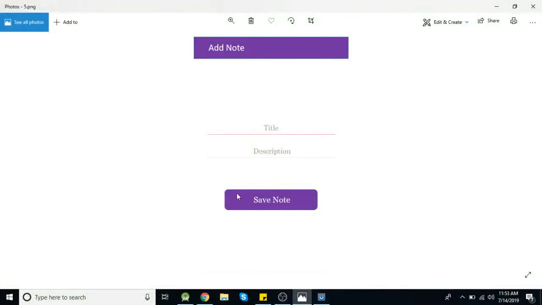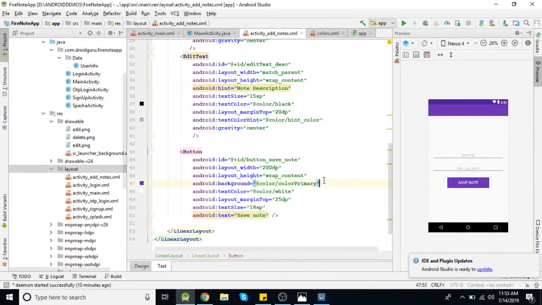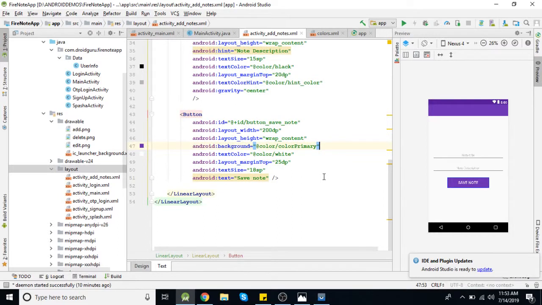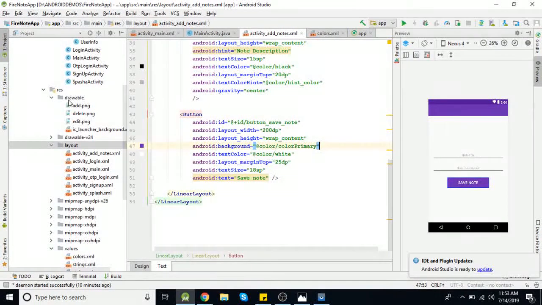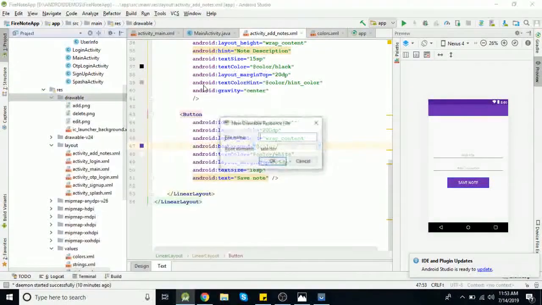Now if you want to make these corners curved as they are looking in the design, we need to add some drawable resource file as a background. So let's add it. We need to create one resource file in this drawable folder. Let's give the name background underscore button.